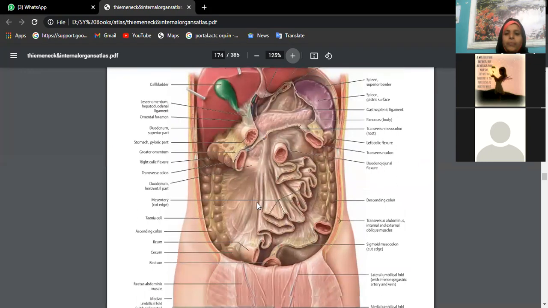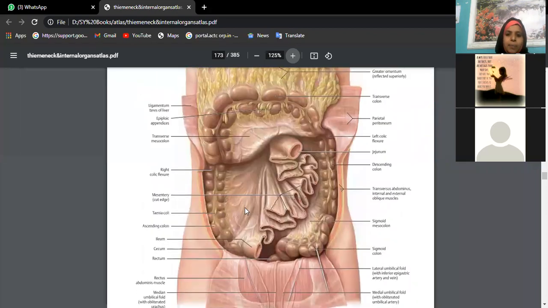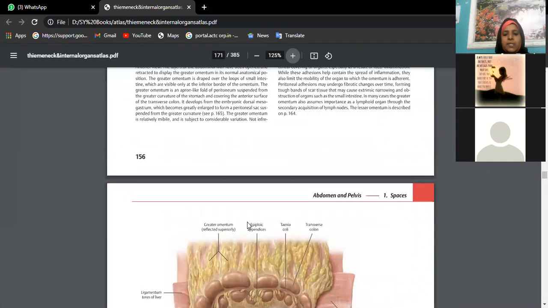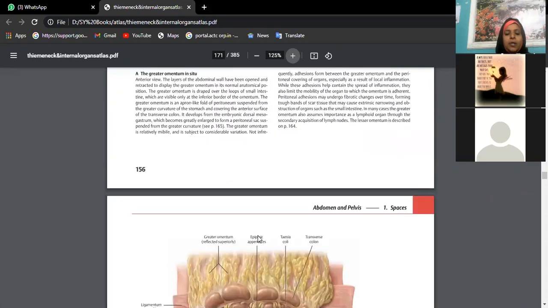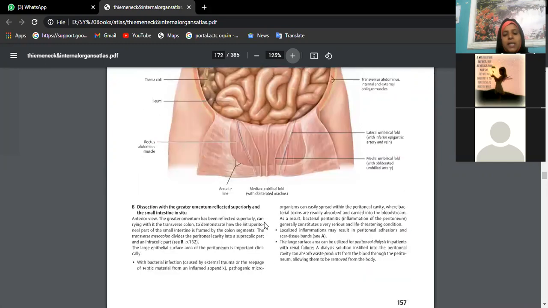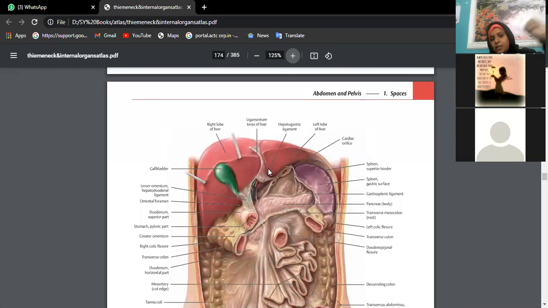Now see here. After removing the stomach, you are actually seeing the contents of the stomach bed. Meghana, are you understanding? In the previous picture, the first thing you could see was the stomach. Now you have removed the stomach, cut the greater omentum, and you are seeing the coils of small intestine. If you lift the liver, the stomach has been cut. This is the cardiac end of the stomach and this is the pyloric end. Behind the stomach, whatever visceral organs we find, that is the stomach bed.